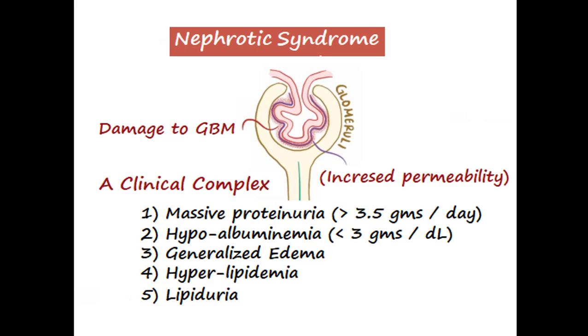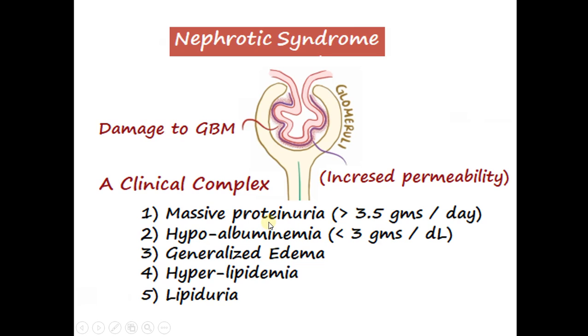But if in addition to albumin other proteins are also filtered, then this will be non-selective proteinuria. So the nephrotic syndrome is a clinico-pathologic presentation which is characterized by massive proteinuria. By that we mean that more than 3.5 grams of albumin are excreted in urine per day, and the